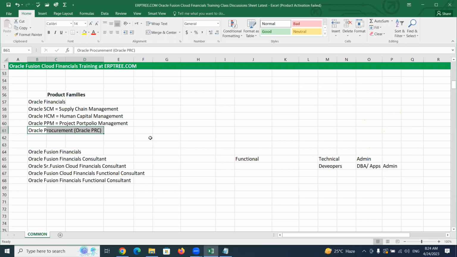If they want to maintain the company finance related data, they use Oracle Financials applications. If they are into selling something to customers, to manage those activities, they use supply chain management applications, Oracle SCM. If they want to maintain the employees' data, who the employees are, how they are paying the salaries, and a lot of other employee related data, they can use the applications called Oracle HCM, Human Capital Management, and Oracle PPM, Project Portfolio Management.